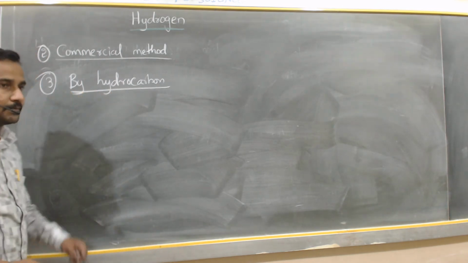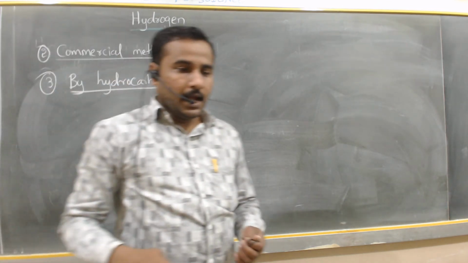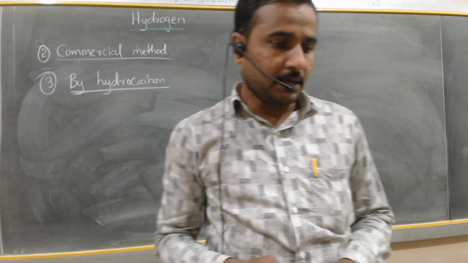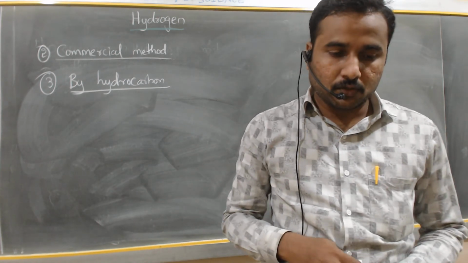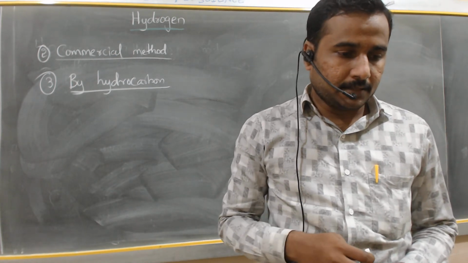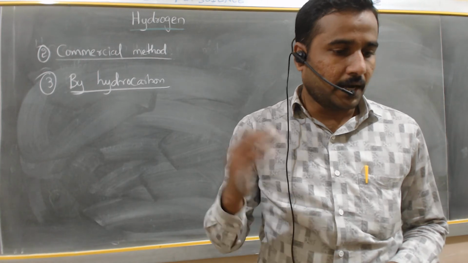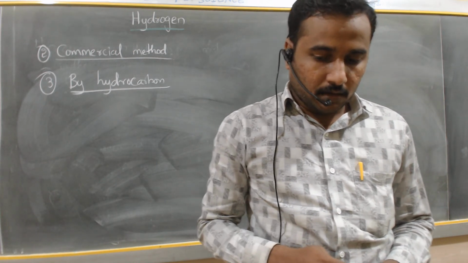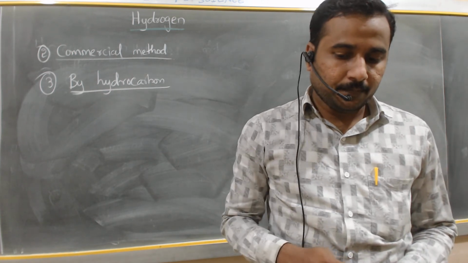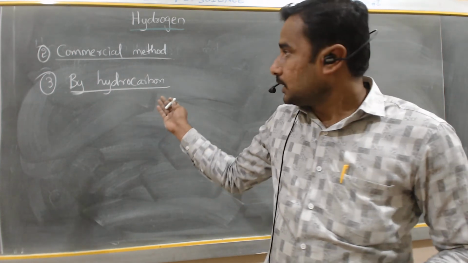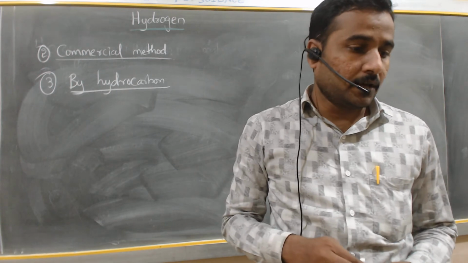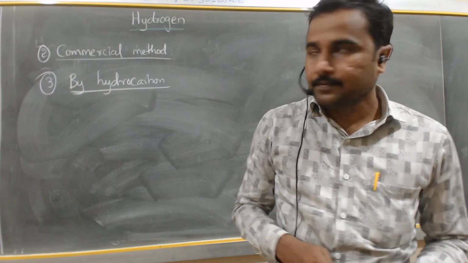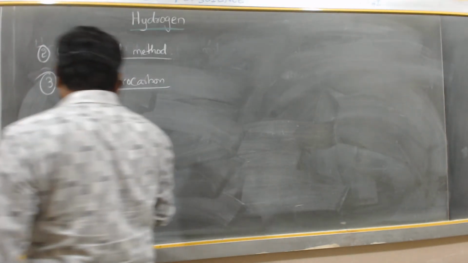By hydrocarbons. So, for example, what? Hydrocarbons. We are using methane gas, which is also made up of what? Hydrogen and carbon. So by using hydrocarbons we can also prepare hydrogen gas. How? First I will take the